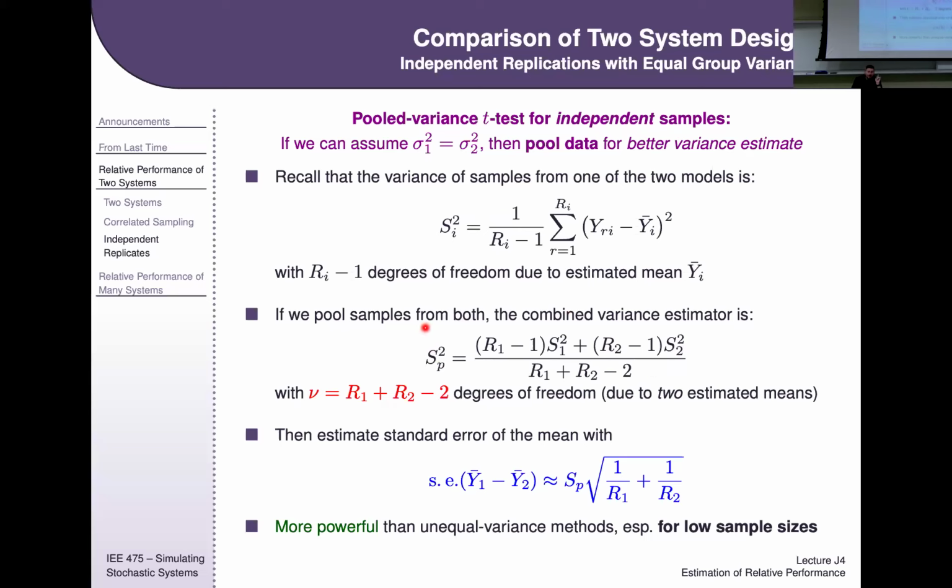This is the variance of your pooled system. So you've calculated the individual variances, and this basically groups them together. Because you had to calculate two variances, one per system, you burned 2 degrees of freedom because you had to estimate a mean in both cases. So that's why the degrees of freedom are the number of samples from system 1 plus the number of samples in system 2 minus 2, because the 2 that you burned, one for system 1 and the other for the